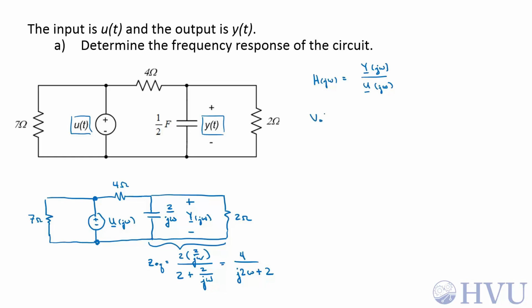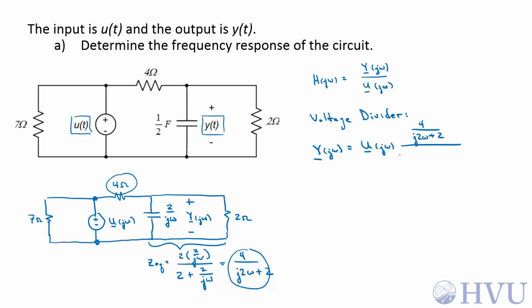So now, using a voltage divider, Y(jω) is the total voltage, U(jω), times this impedance, 4 over j2ω plus 2, over the sum of this 4 ohm resistance and this impedance. So we have 4 plus 4 over j2ω plus 2. And we're really done at this stage, but I think I'll clear this j2ω plus 2 out of the denominator, so I'll multiply top and bottom by j2ω plus 2,